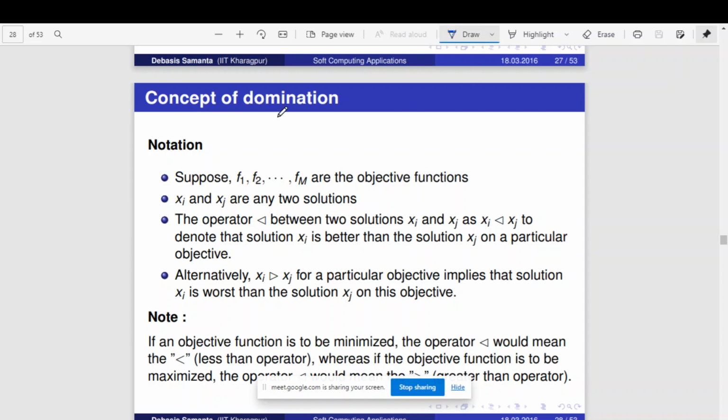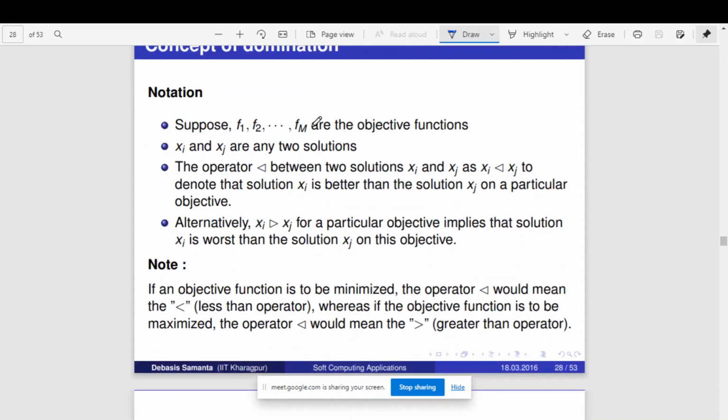Okay. So basically here we are trying to understand when we can say that one particular solution is dominating another solution. Right? In a genetic algorithm we have multiple solutions. So can you say that one solution is dominating another solution? Dominating means that one solution is better than another solution in all aspects. If a solution is better than some other solution in all aspects, then we can say that this solution is dominating that solution. So let us discuss that concept.